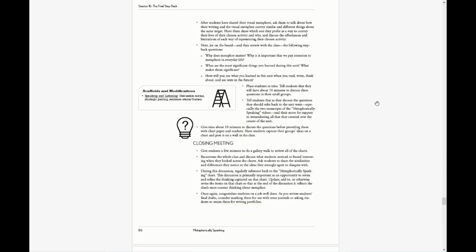But as always, we close in this final session with a chance to reflect on the unit itself. And we always want to emphasize the significance of some of these closing reflections where we think about why metaphor matters, what we learned in this unit, how we will carry that learning forward with us. It's a great unit, and it's also one that's wonderful to get student samples of.